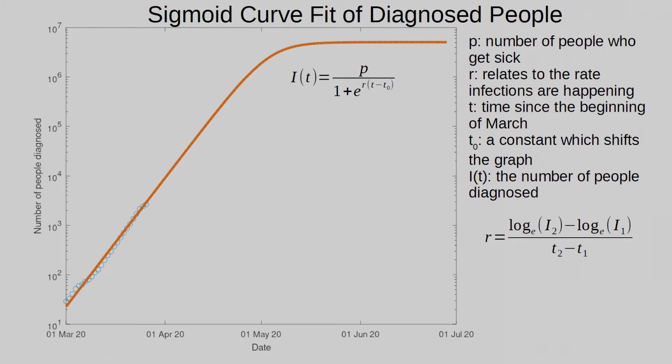I have also assumed that 20% of the population will get sick, and that's a very conservative guess based upon newspaper articles. If this goes to the point that we are relying upon people's immunity to prevent the spread, we really do need to go up to about 75% of the population getting sick, which makes everything much worse and will extend out the amount of time it will take before things go back to normal.